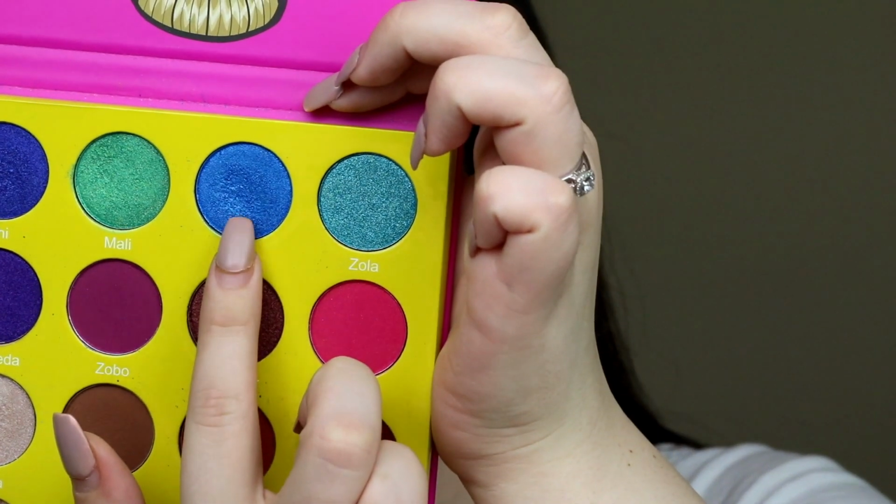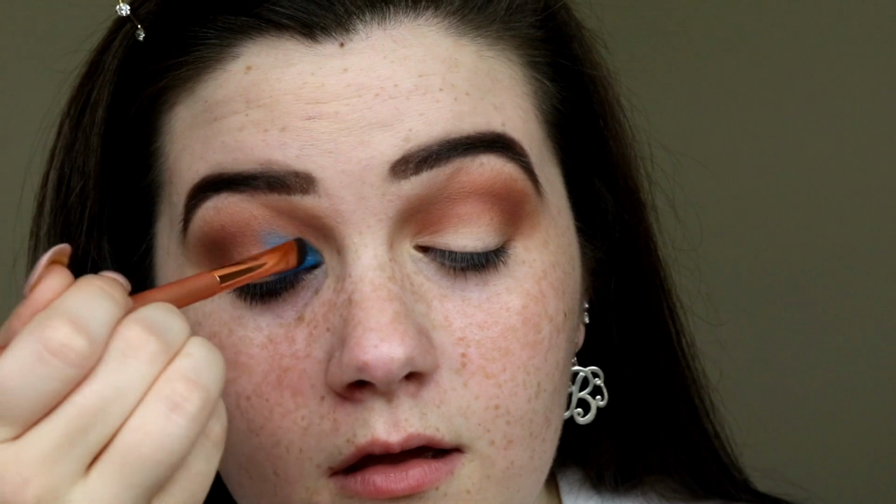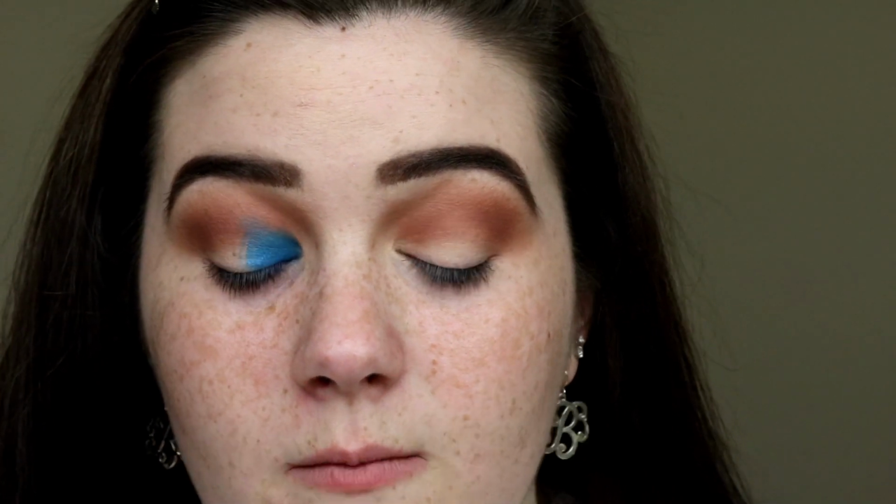Alright, now I'm going to start laying down the blues and the greens, and I'm going to start with Dahlia, which is this bright blue right here, and put that on the inner and outer lid up into the crease. For that, I'm just going to use a really small little brush and kind of just flicking it towards the middle, patting and flicking, if that makes sense, just so I get the most color deposited with the least amount